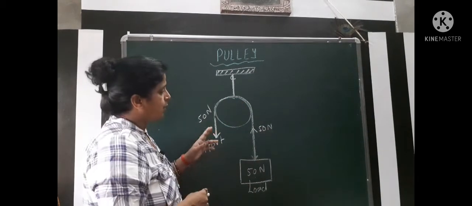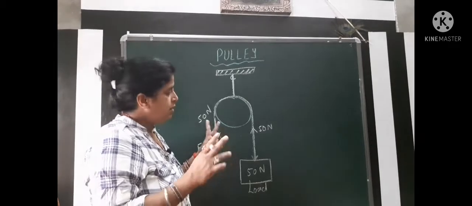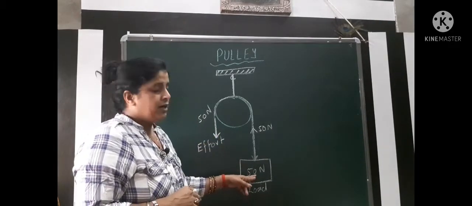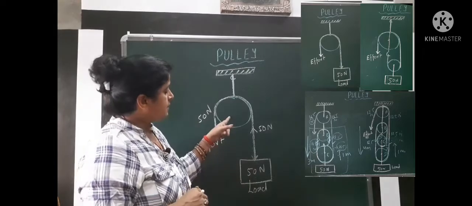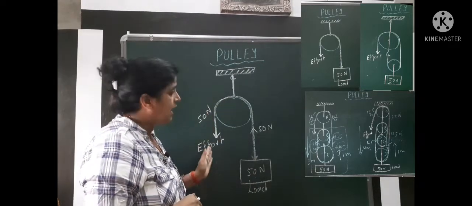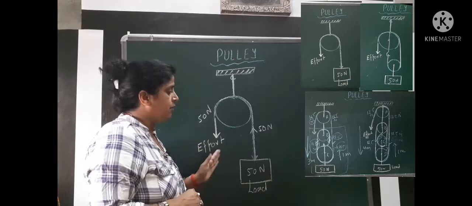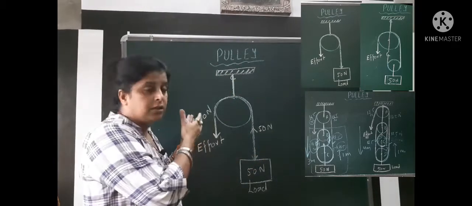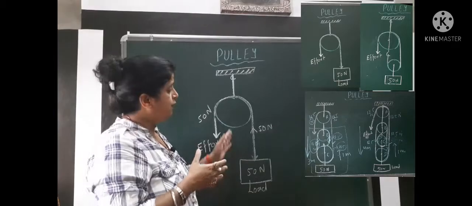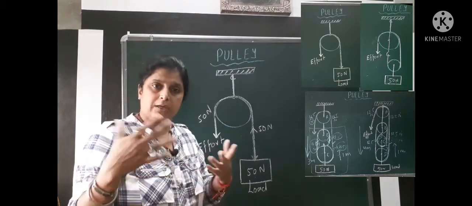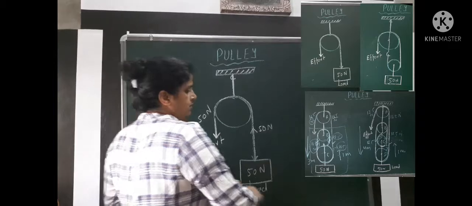Now we will see the combination of two pulleys. There you will see that effort will decrease. If here is 50 Newton weight and there is a setup of two pulleys, you will see that we have to apply half effort, that is 25 Newton. If we apply 3 pulleys, we have to apply 1/3 effort. If we use 4 pulleys, we have to apply 1/4 of effort. That I am going to explain to you. Let's see how.